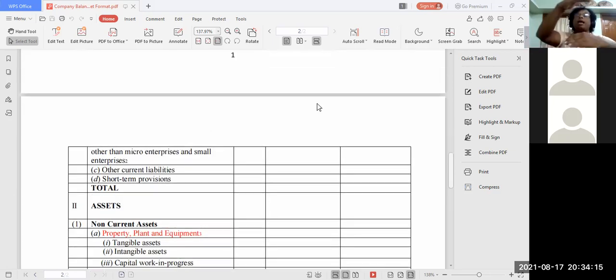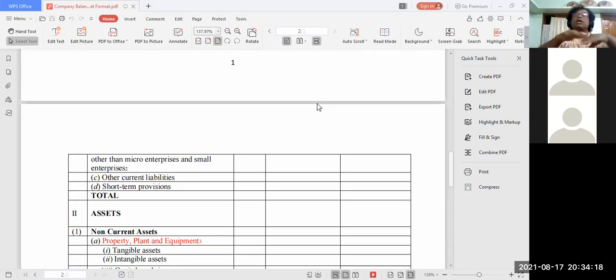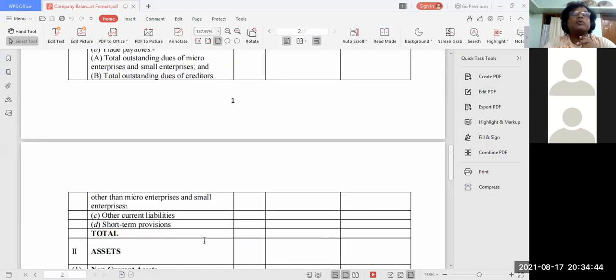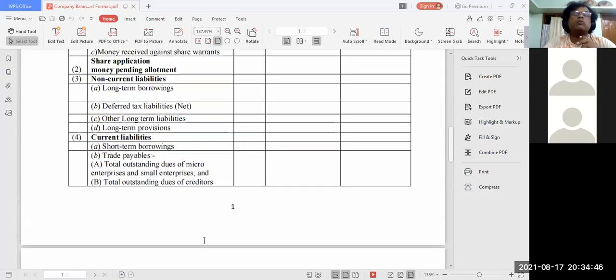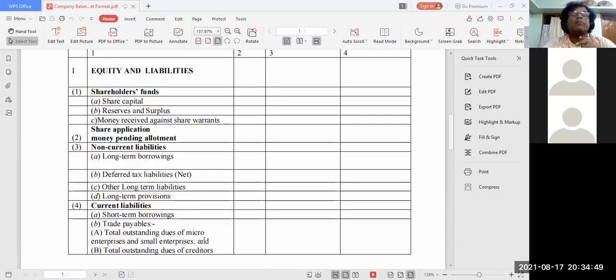This is known as the vertical system of balance sheet, and this is horizontal. In partnership, what you are doing is horizontal: right side asset, left side liability. That is horizontal, and this is vertical, dear students. Please remember. I have taken some broad areas of the format. You can learn the format by looking at the book also, but you may not be able to remember. Most of the headings I have taken with stress, but subheadings I have not taken yet. I can take one more class for the subheadings if you want.